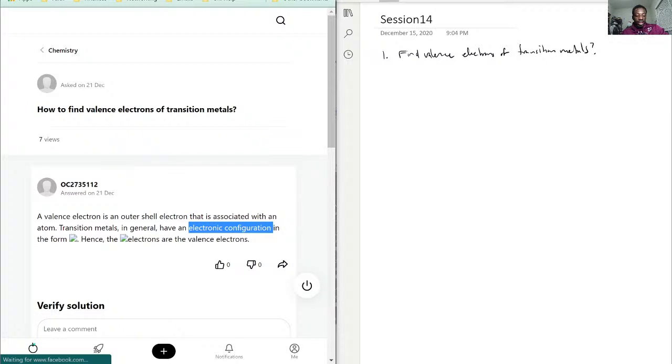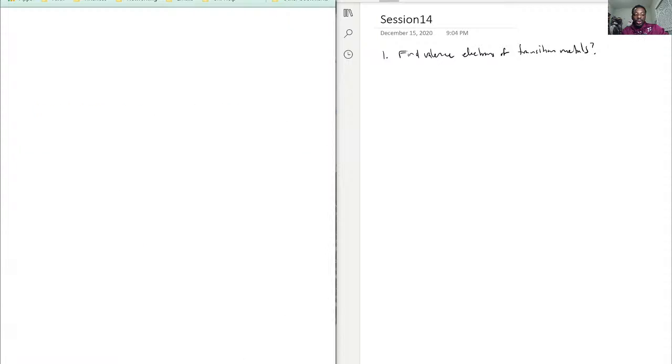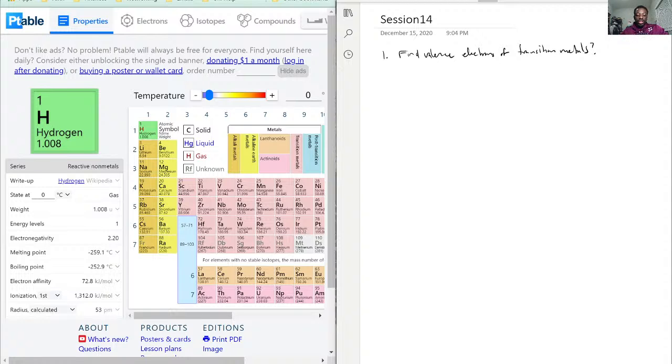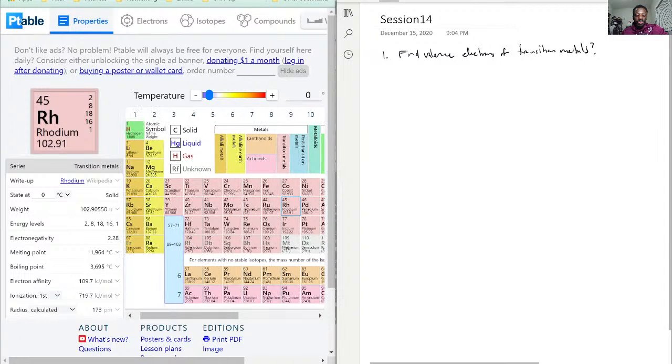configuration. Transition metals typically, in order to find how many valence electrons it has, it's important to list out its electron configuration. What does that mean? Let's look at our periodic table here to be able to know what that is. So let's say we had titanium, for example,